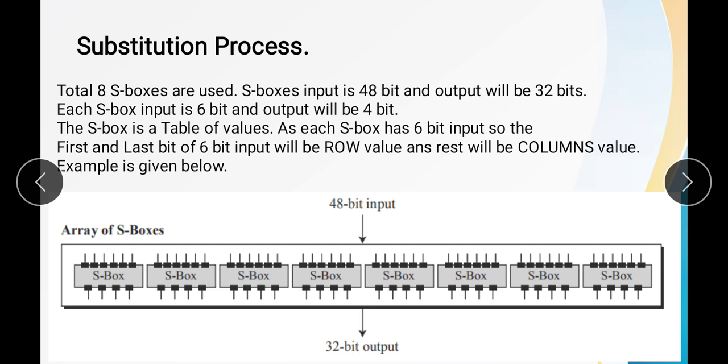The input of each S box will be 6 bits and we have a total of 8 S boxes. So 6 times 8 is 48 bits. The 48-bit input will be used and it will provide an output of 32 bits. So each S box has a 6-bit input and a 4-bit output.